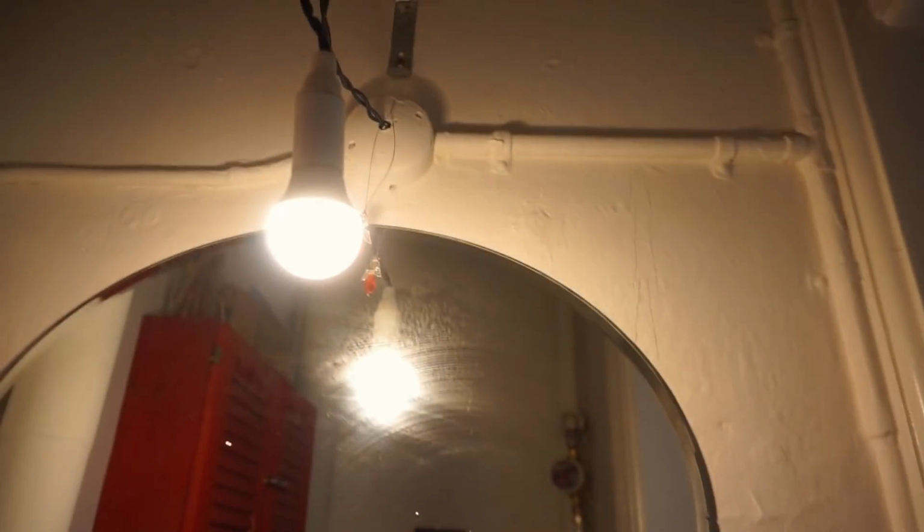Bam. Yes, queen. And the mirror and the lamp were here when I already moved in. Toilet is not very exciting. As you can see, my shower is not in here because then we move into the kitchen where you will see